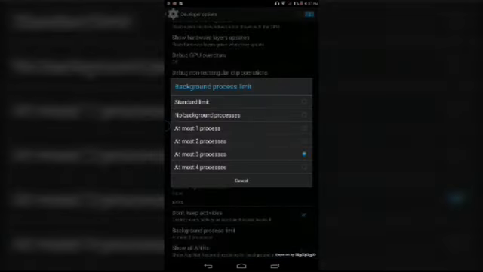It shows how many processes your CPU can take at a time. I've set it to 3 processes. If my CPU takes 5 to 6 processes, it will automatically kill or destroy the activity as soon as you leave the app. And it is very helpful to save battery.